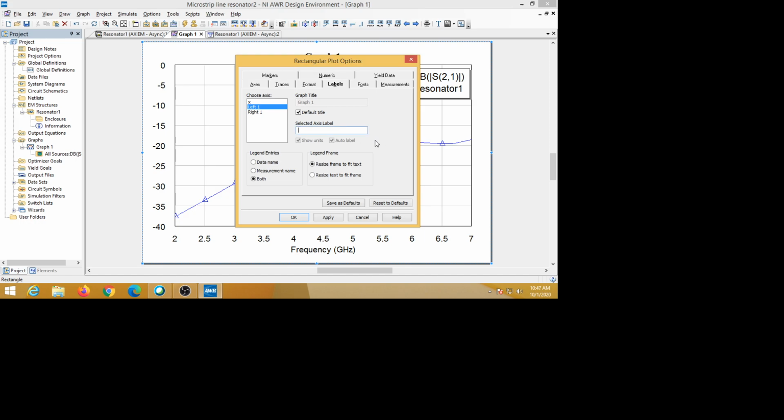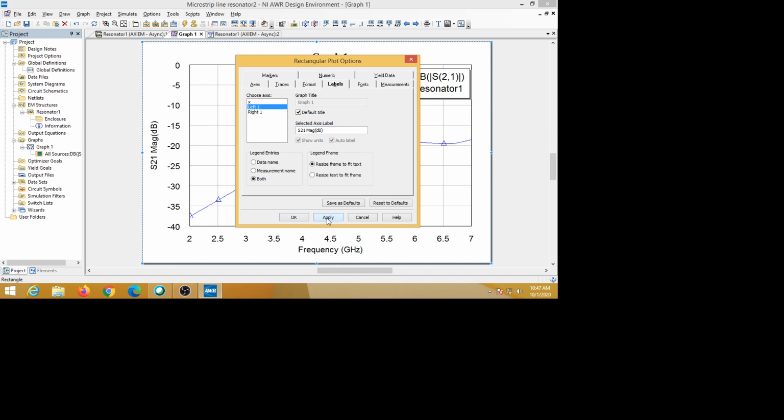That label is S21 magnitude, and we are putting that in dB. Then you can see, apply, so that label appears here, S21 magnitude in dB. Like that we can add a label to the left side axis.